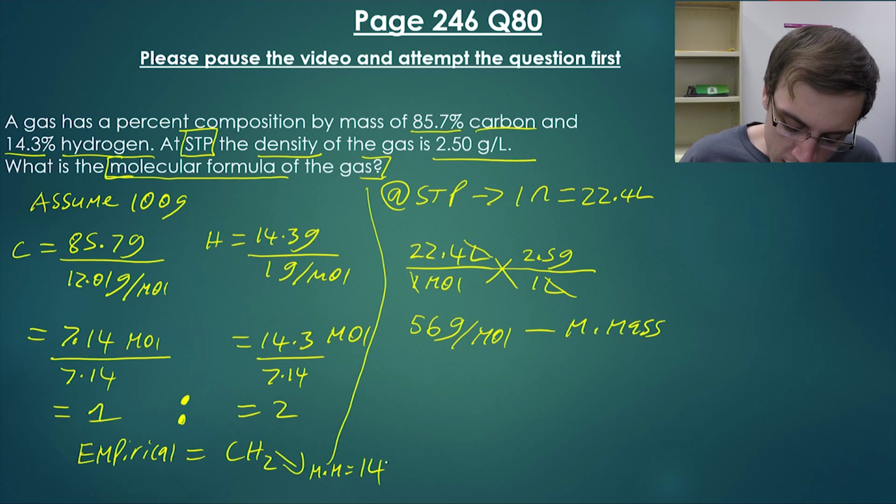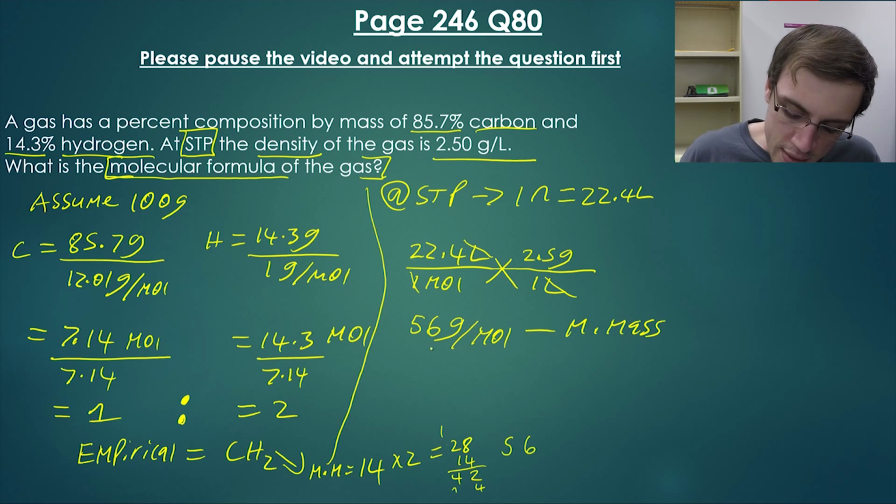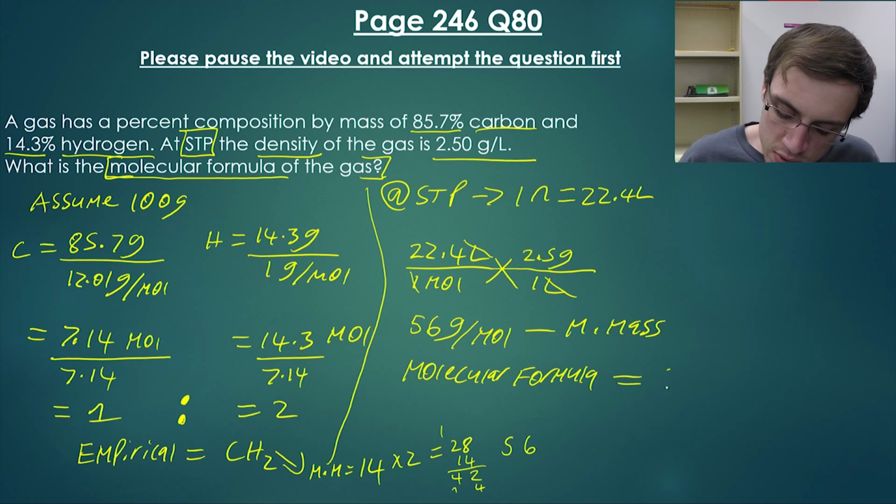So 14, times 2, 28. Then we multiply it by 3, that's 42. We'll add another one, and there's our 56. So that means that the molecular formula is 4 times this, which means it is equal to